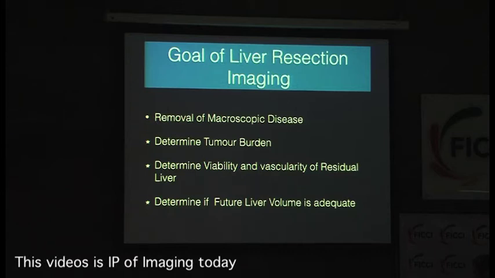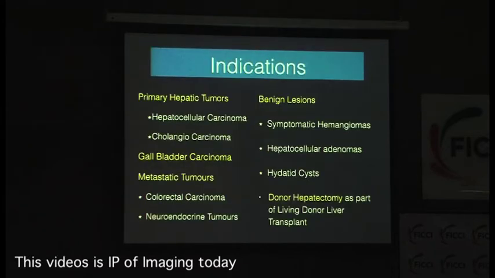One is you have to determine the tumor burden, which basically means you have to know which segments have to be taken out. Secondly, you have to see, when you take out all this stuff, is there enough vascularity or enough tissue left for the patient to survive in the remnant, which means that the inflow to the remnant, the artery and the portal vein, and the outflow of the remnant, that is the hepatic vein, should be intact after you do the surgery. And then you have to determine something called the future liver remnant volume, which I will come to in a little bit more detail later on.